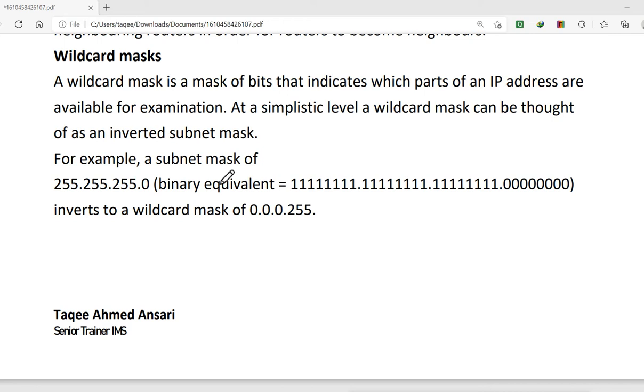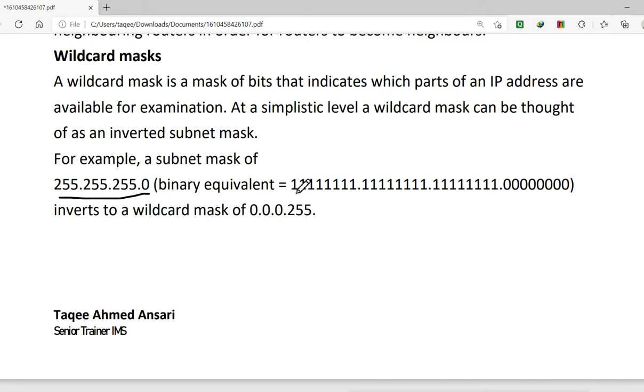At a simplistic level, a wildcard mask can be thought of as an inverted subnet mask. That means if your subnet mask is normally this, we can convert it into binary.